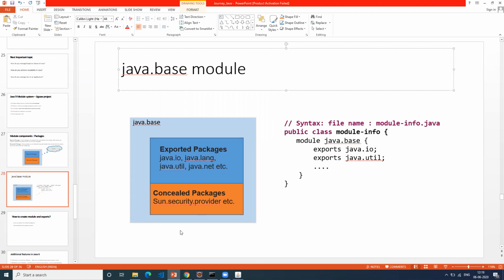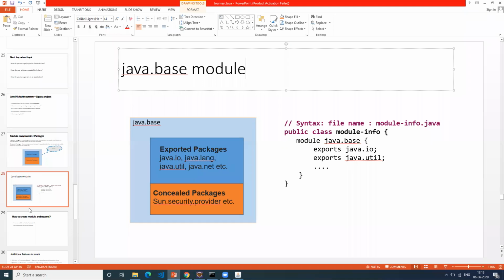Any questions? It means, again, we need to write some code snippet to import the module. Yes, I'll quickly show that. I'll not go into detail because it's a little time consuming. It's not complex, it is just time consuming because I have only 10 minutes more. That's the reason.